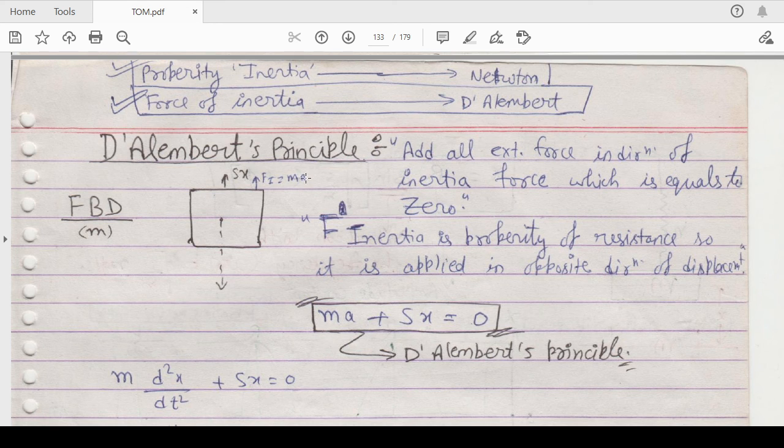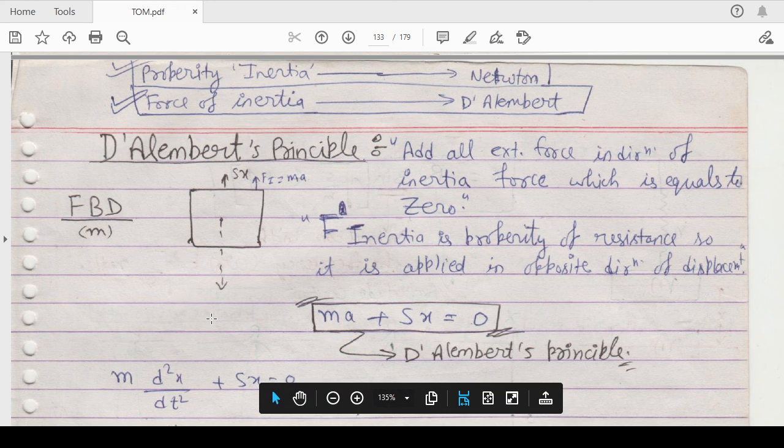D'Alembert's principle says that if you add all the external forces in the direction of inertia forces, the sum will be equal to 0. And you all know that inertia is a property of resistance, so it is applied in the opposite direction of displacement. Suppose you apply your displacement in the upward direction, then your inertia will be